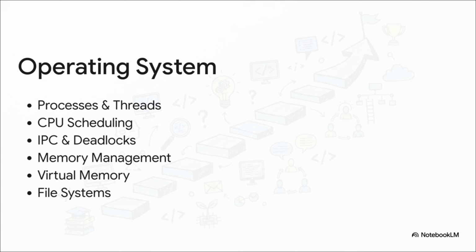Next up in this structural layer is the operating system. And hey, take a deep breath. I know this list of OS essentials might seem a bit overwhelming. Processes, threads, CPU scheduling, deadlocks, memory management, it's a lot. But you do not need to memorize every single concept right this second. Just know that these are absolutely mandatory learning stops on the route. You have to understand how your code interacts with the computer's actual brain to prevent crashes and ensure buttery smooth